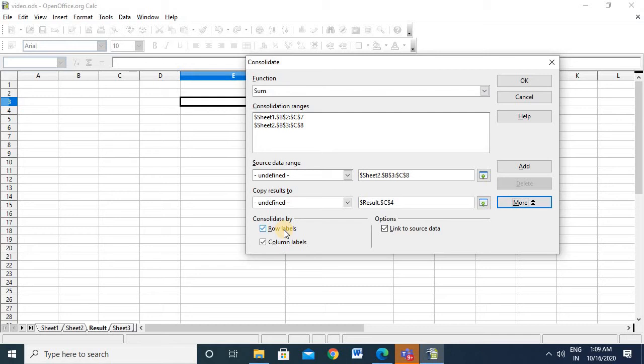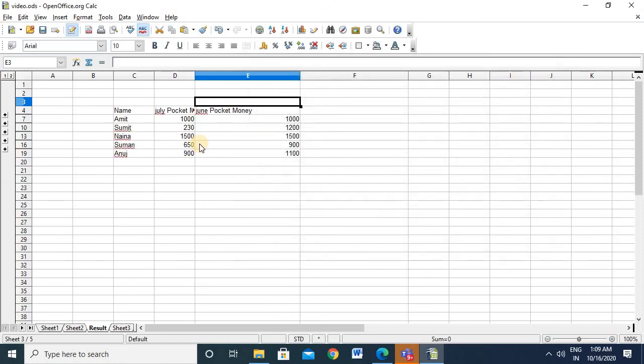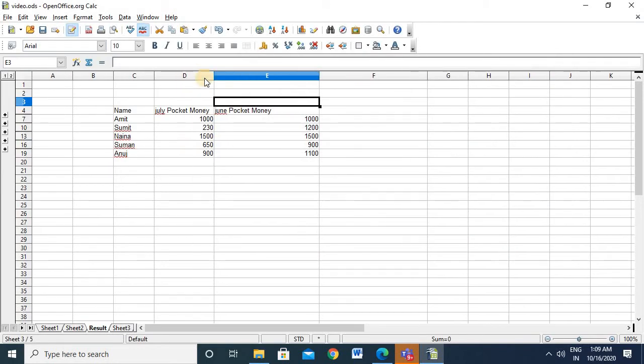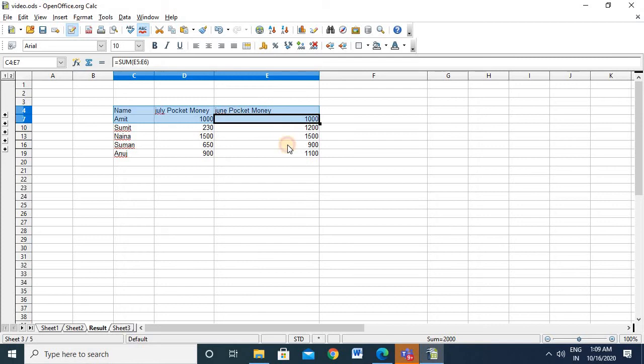That means the row heading and the column heading both are selected. And the link to data source means that if you make any change in the source, it automatically reflects in the result. So you are linking the data. Then if I click on OK and see, the magic is here, your data has come.